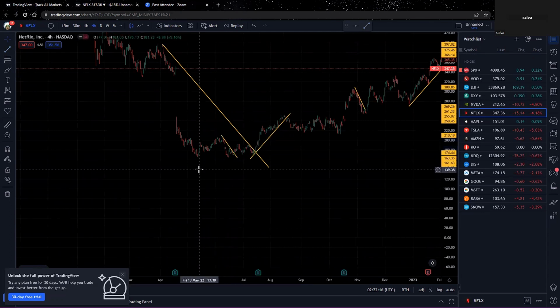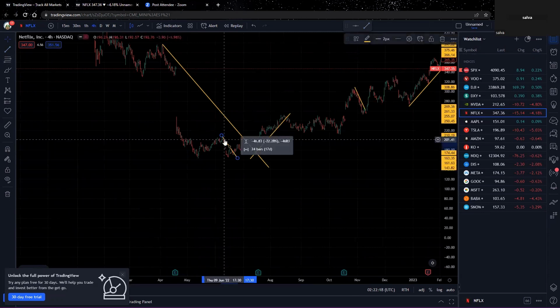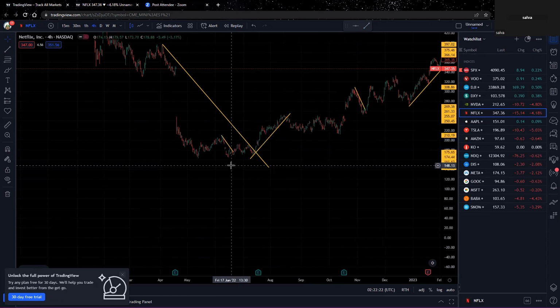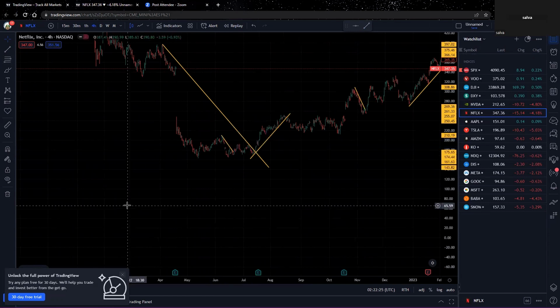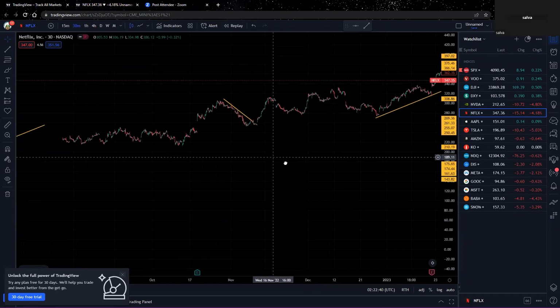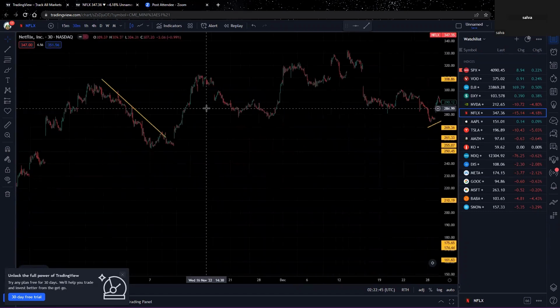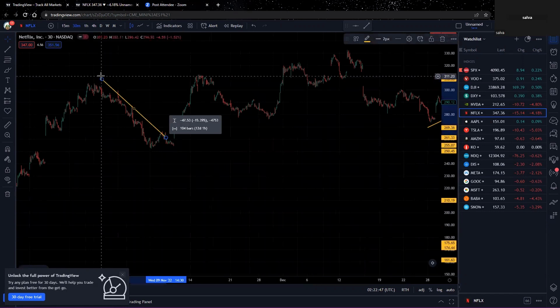For this downtrend, this downtrend was only for like 13 days. So I'm not looking at the 4 hour for 13 days of price action. I'm looking at the 4 hour for the bigger picture. So I'm looking for a month, 2 months, 3 months of price action, right? Now, if I want to zoom in and get a short-term time frame, which is this one, and this one's perfect for a short-term time frame, I would go on the 30-minute and I'll go,